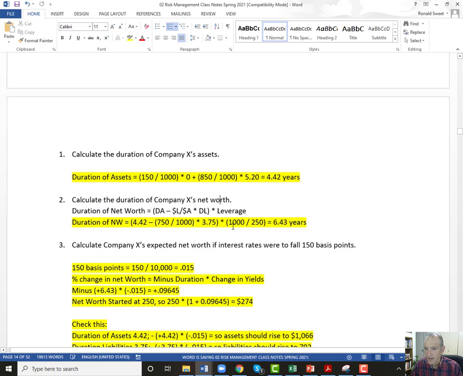So you take total assets divided by net worth. $1 billion divided by 250. We get a duration of net worth of 6.43 years. So what would happen to the net worth of this firm if interest rates were to fall